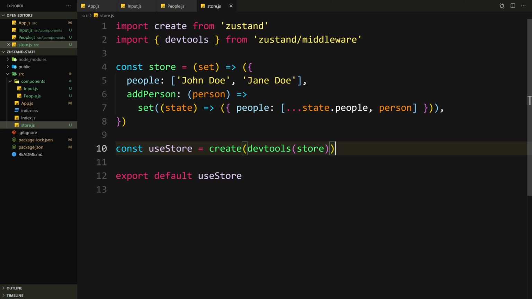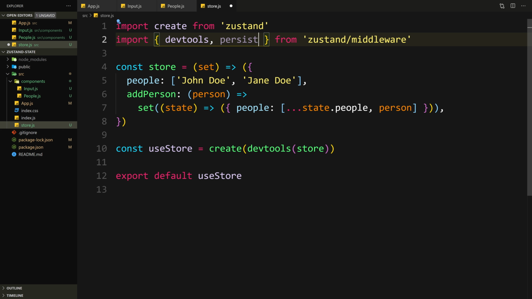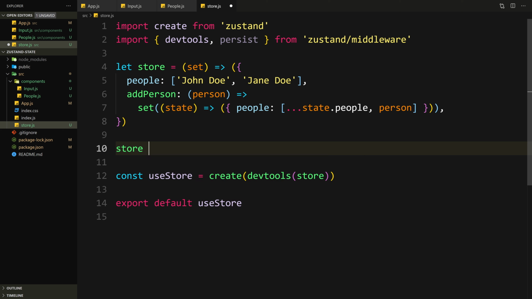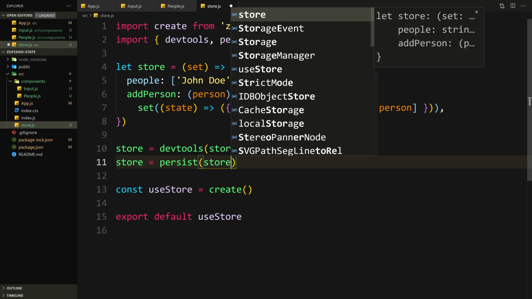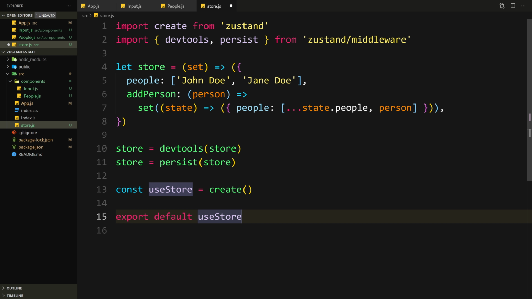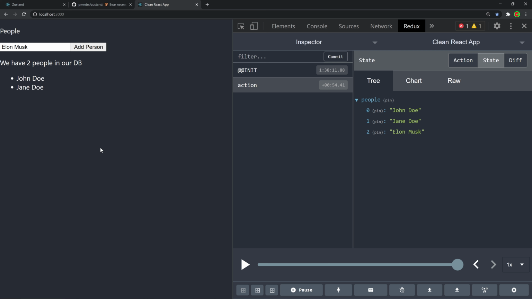Another cool piece of middleware that comes with Zustand is called persist, which does exactly that. It allows us to persist our state inside of our client storage. So let's say we want to save this state. What we could do here is change this to let and just reassign our store. So here we can say store equals this devtools store, and then again store equals persist, and then pass it the store. I'm just doing this so that it's more readable. So now let's pass the store to the create,